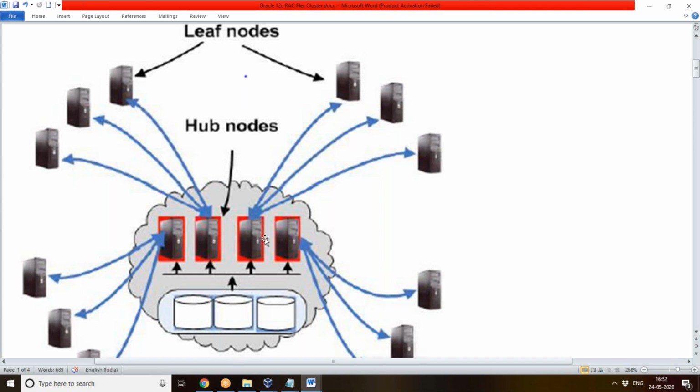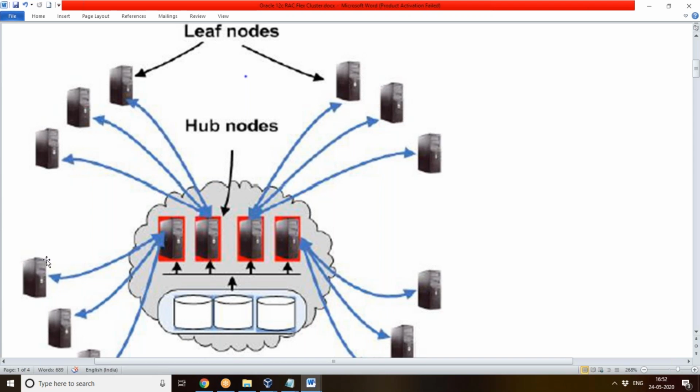Instead of connecting with only 4 nodes, each of the 4 nodes is connected with 3 nodes, which means another 12 nodes are here, which share the load. As I said, web services or EBS, all such applications can run here. So instead of my hub node being overloaded, I am sharing the load with these leaf nodes.